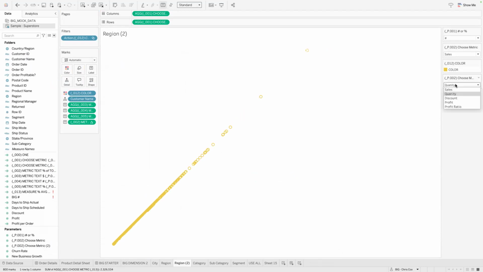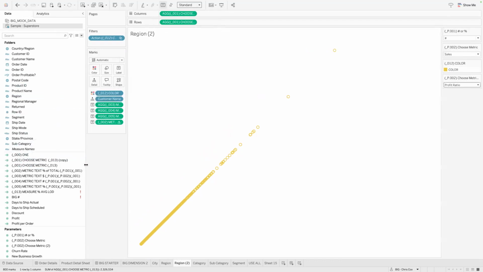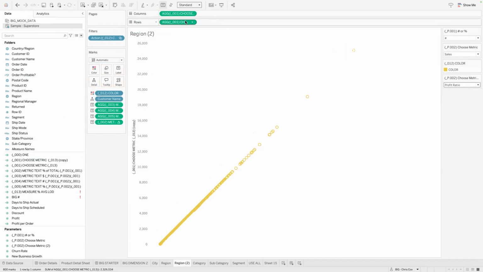So now I would have, well, I guess it doesn't work that way. It should. I'm grabbing the wrong one twice. Choose metric. Oh, I didn't grab the second one. These have got to be copied. There we go. It didn't work how I was hoping it would. Maybe I need to do something different. Maybe I need to grab orders or something like that.